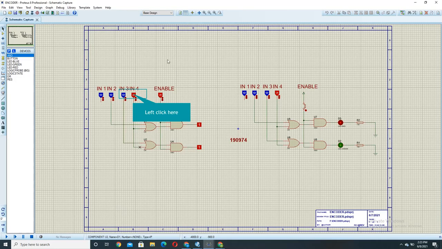Now it's encoder time. As we have done the decoder, in decoders there are 2 inputs and 4 outputs. In encoders it would be reverse, it would be 4 inputs and 2 outputs. So it has a simple circuit over here. You can see there are simple circuit connections that we have done. If one is positive, then both are positive because it is connected to both.